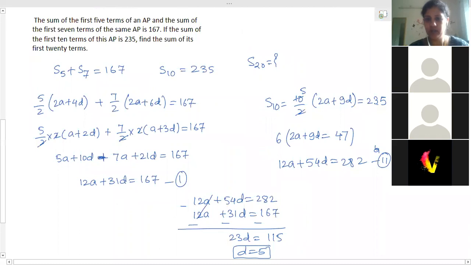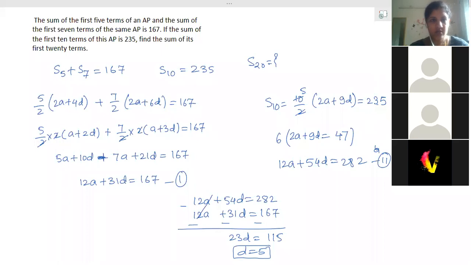Any other doubts? Still many questions you told me. Which one? Fourth one. Okay. AP consists of 37 terms. The sum of 3 middlemost terms is 225. So if there are 37 terms, then what is the middle number? How to find a middle number? I told you. N plus 1 by 2 if n is odd, and n by 2 if n is even. If n is odd, then (n plus 1) by 2. So (37 plus 1) by 2, that is 19.